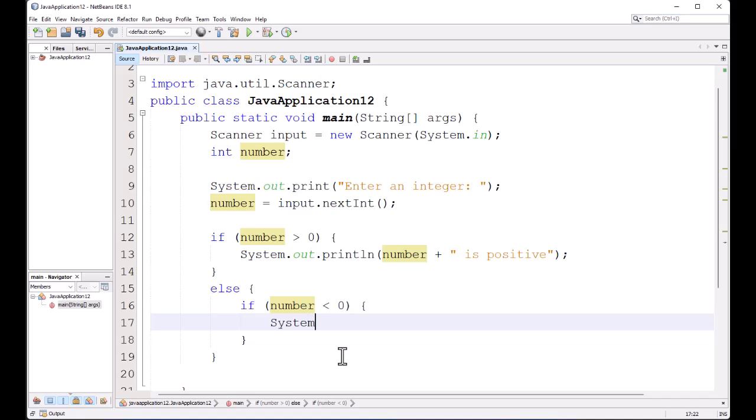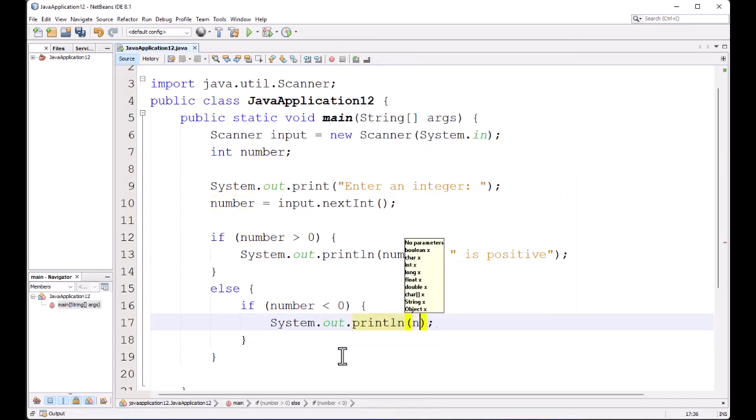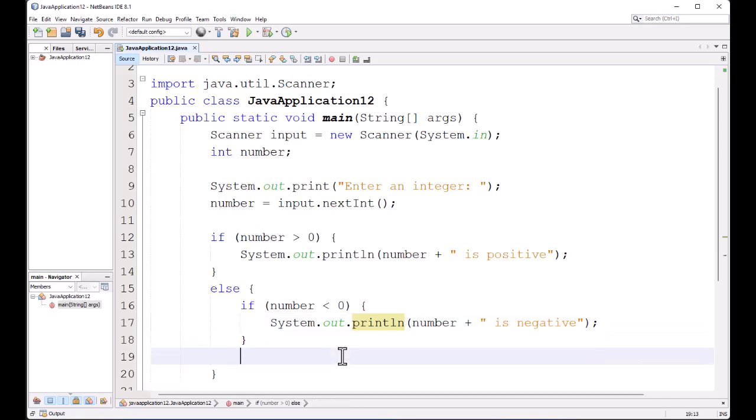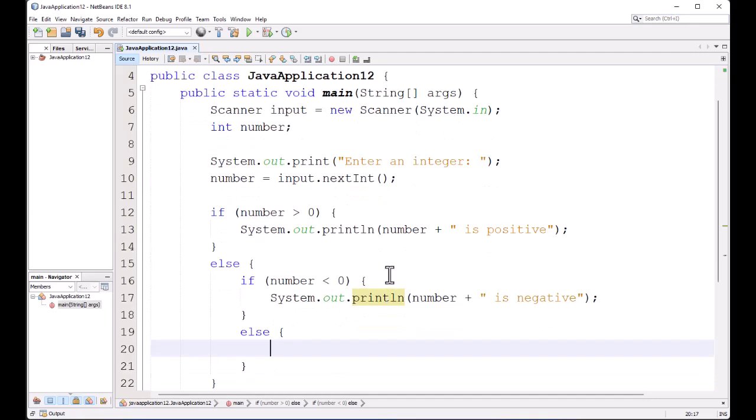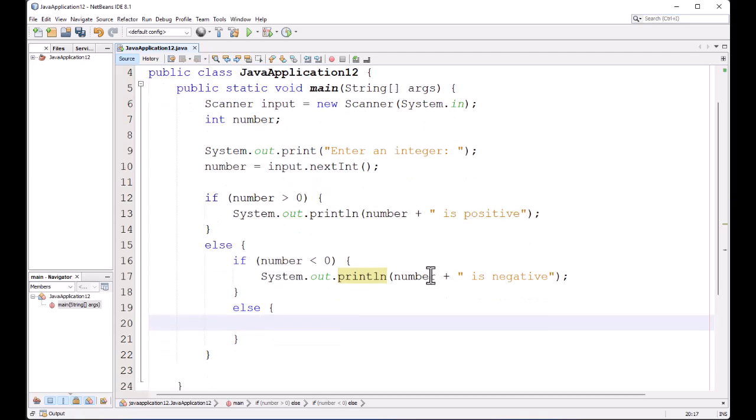I can provide System.out.println, number, I will concatenate it, is negative, and I will put an else over here, curly braces as well. Here, let me decrease the font one more step. Alright,